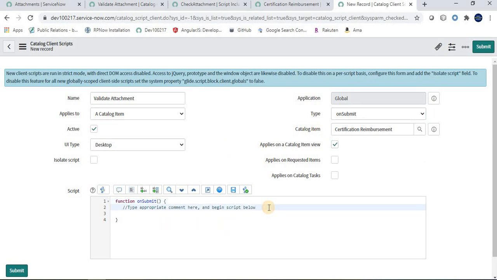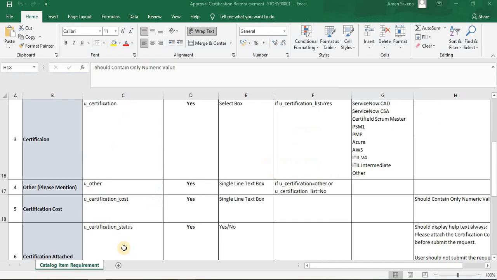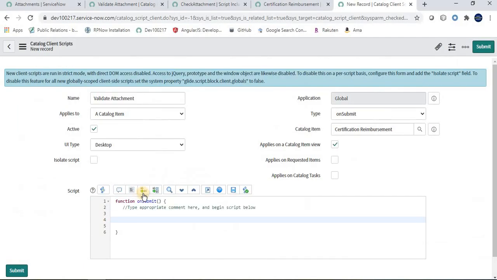Here I am going to write the code, meaning I need to validate whether the value in this field is numeric or not. So let's first get the value which we have in the field, certificationCost equals to. To get a value from a form, it is g_form.getValue.